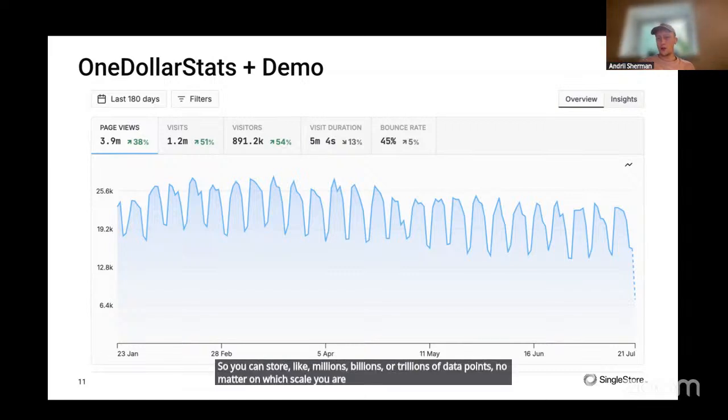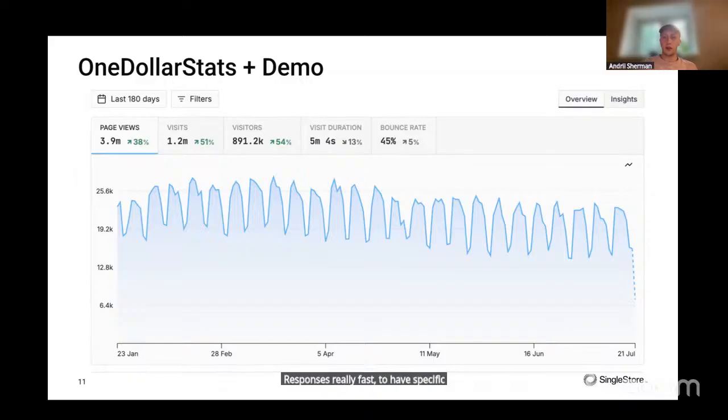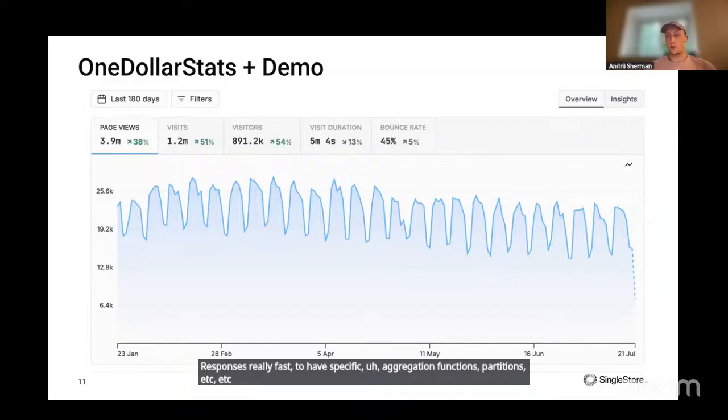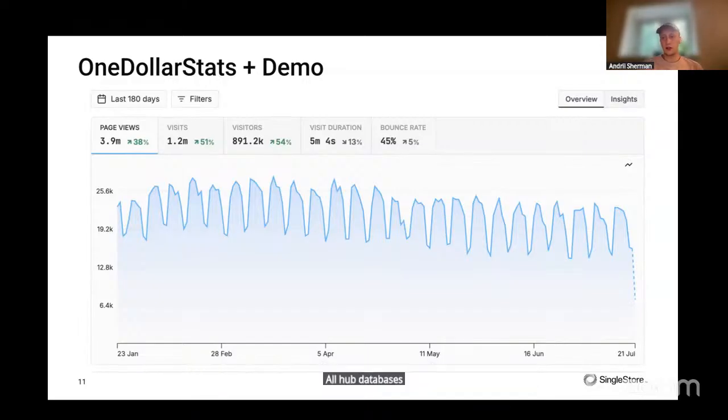And your database should be able to give you responses really fast, with specific aggregation functions, partitions, etc., to make it actually work for analytic data, because OLAP databases and OLTP databases are a bit different, and this is important.